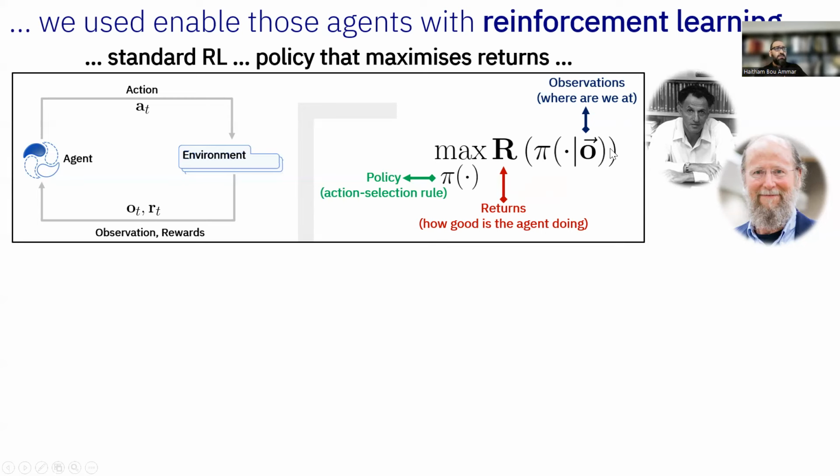Maybe originally this problem was studied in the context of dynamic programming by Richard Bellman, but Rich Sutton, with Andrew Barto, popularized the concept of reinforcement learning in the AI community through their book, which I think I have here. It's called Reinforcement Learning: An Introduction. So this is the book, and I think everybody interested in reinforcement learning should read it.